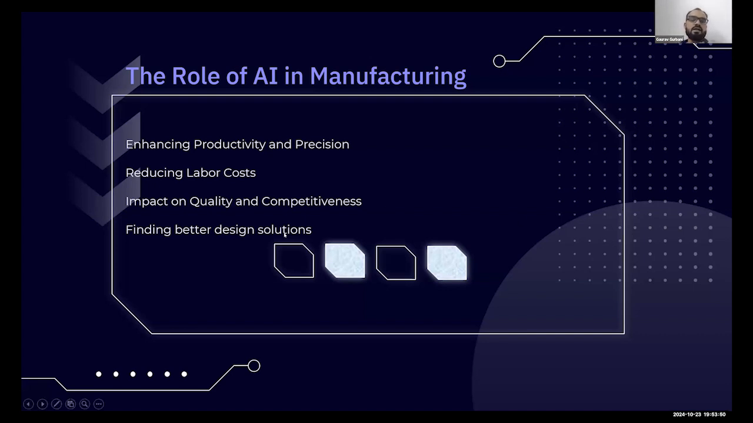Then, finding better design solutions. Earlier, when a new vehicle was being introduced in the market, you might be aware that a designing phase goes on: how you are going to design that vehicle, how it is going to look, and so on. For that, earlier there were many software tools like CATIA and AutoCAD which were used to design a vehicle. But now, with the help of AI,